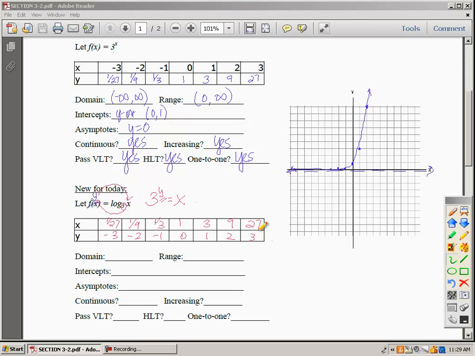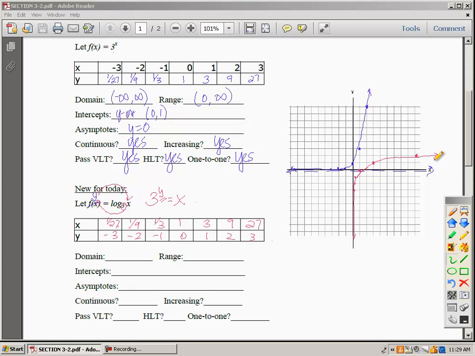You only plug in your values differently to make the table. Now I plot my points the same way I did before. So at 1/27th, which is really close to the y-axis, I go down to -3. At 1/9, I go to -2. At 1/3, I go to -1. At 1, I have a y value of 0. At 3, I have a y value of 1. At 9, I have a y value of 2. And what you'll notice is I get a similar look, but there are special